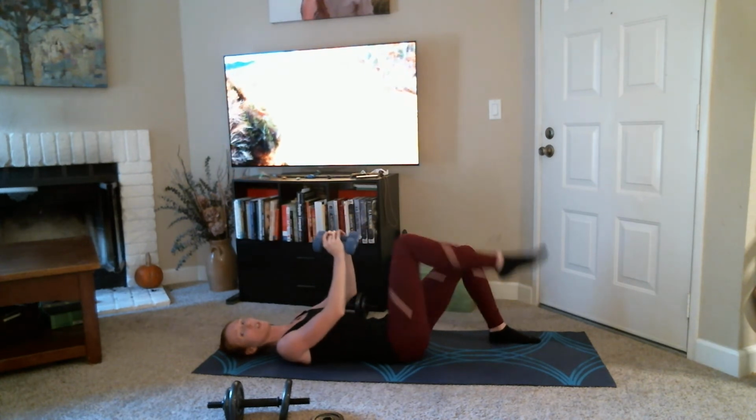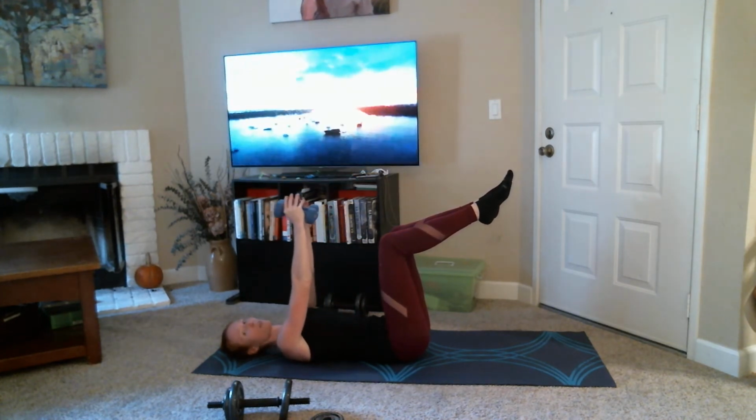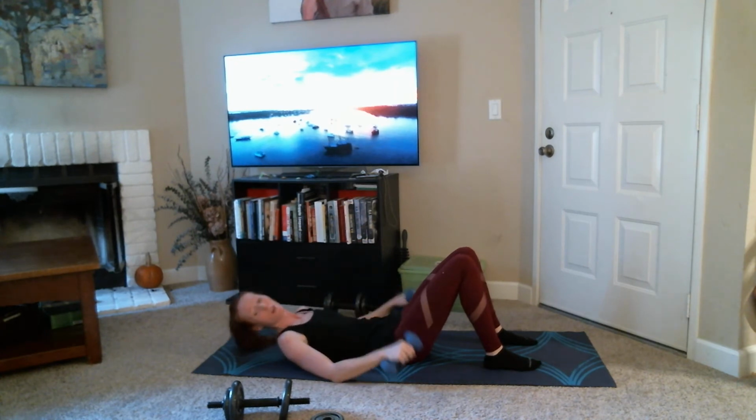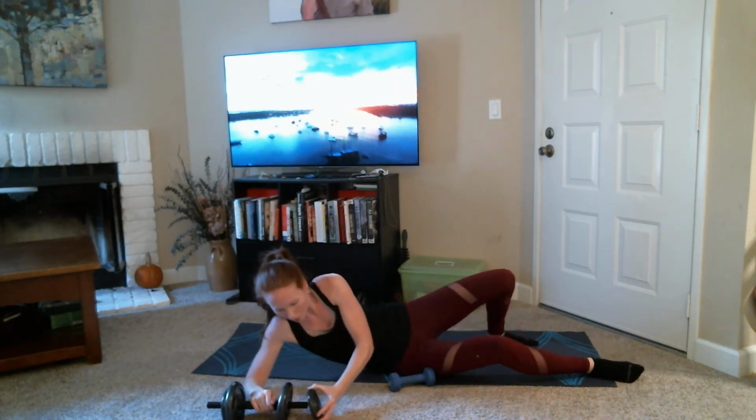Nice work. If you want to engage your core at all with this, if you're using light weights, you can always lift your knees up, which will engage your core. So you want to go up, right over that chin, aim for about 10 to 12 of these. Wonderful. Once you have those, your last exercise, I'm going to move this weight out of the way,